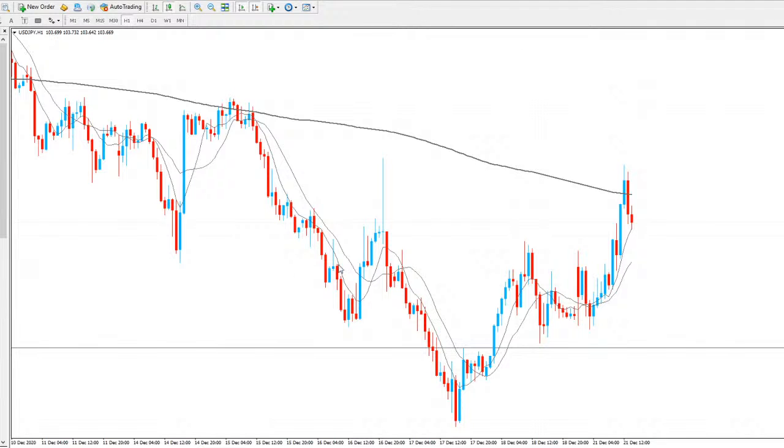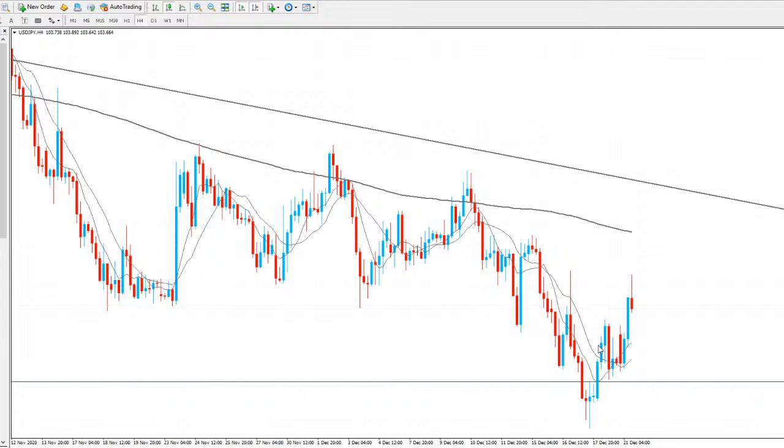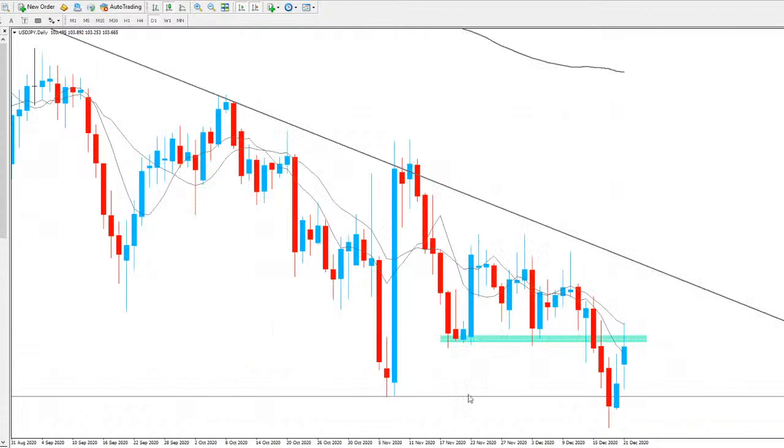USDJPY, we had a push to the upside, as you can see in the hourly chart, with that US dollar strength. And again, another push to the upside on the 4-hourly chart as well. We're currently testing a very key level of daily support, now turned daily resistance. As you can see on the daily time frame here, all support along here kept us moving sideways. We broke below it, had that move to the downside.